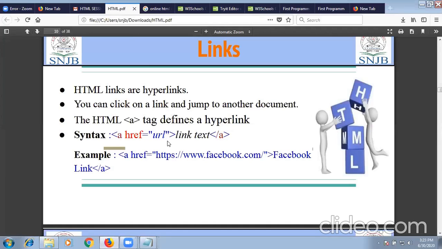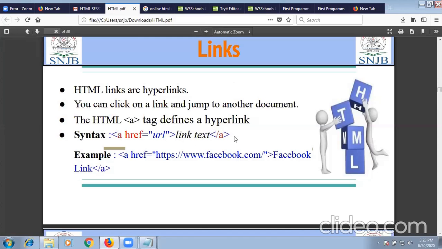Now I hope it is clear to you. You just have to use the anchor tag. Within that tag, the attribute is href, the hypertext reference. The tag will be A and the attribute will be href. Then in double quotes, you have to provide the link. After providing the link, enter the text you want to apply that link to after closing the angular bracket. Then as you have started the tag, you have to close the tag.